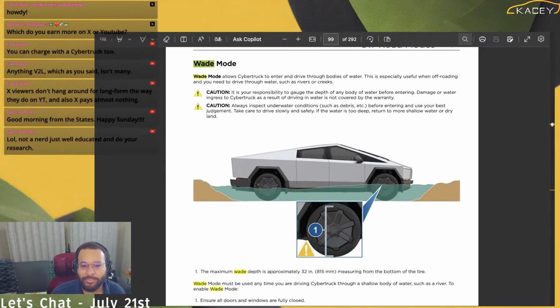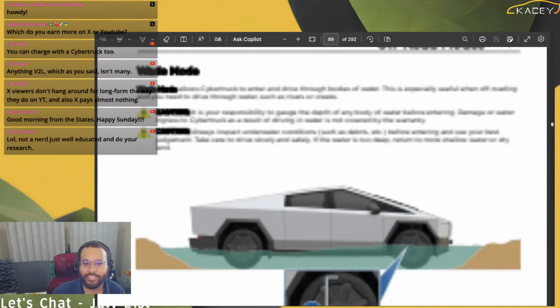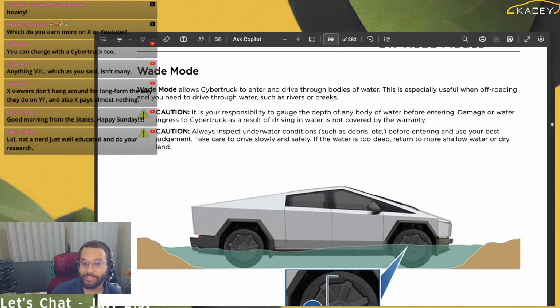All right, so in wade mode, let's go ahead and close the search. Don't need all this yellow everywhere. Let's make this the full width. There we go. Wade mode allows Cybertruck to enter and drive through bodies of water. This is especially useful when off-roading and you need to drive through water. That is an awkward sentence, such as creeks or rivers.